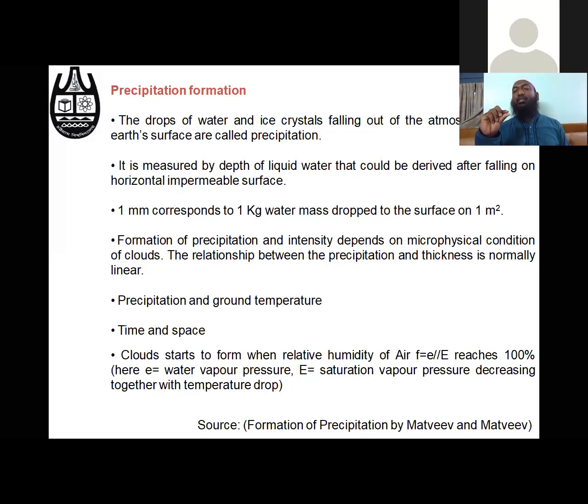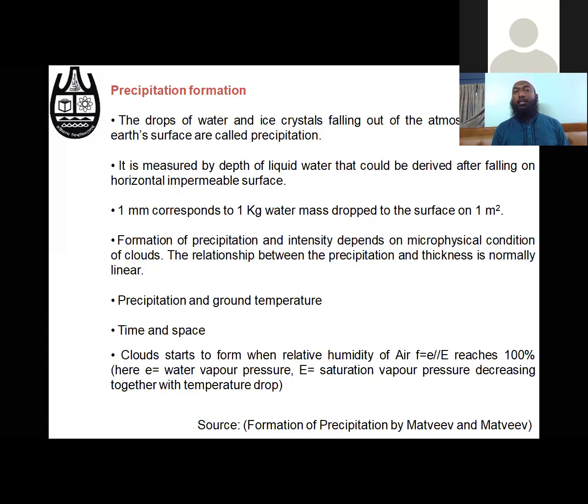That height means 1 millimeter of rainfall. So if we have an instrument of 1 meter square, and the height of water in there corresponds to 1 kg of water, we can measure it, and then the height tells us what amount that is: 1 millimeter corresponds to 1 millimeter of rainfall. How we can measure it, the measuring process, we are going to discuss maybe in the last class of this